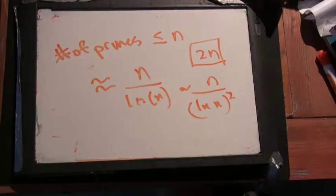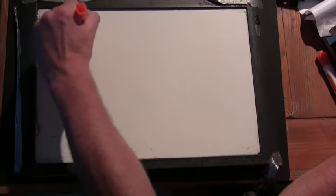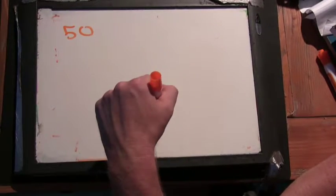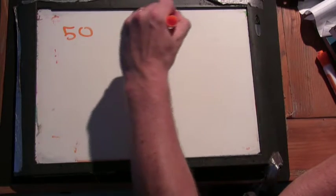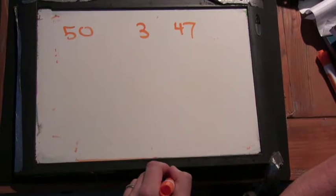Okay, so let's find all the primes that add up to 50. All right, so let's start. You can start systematically with the smallest one that works. Okay, 3 and 47. The 5 doesn't work, so we have...